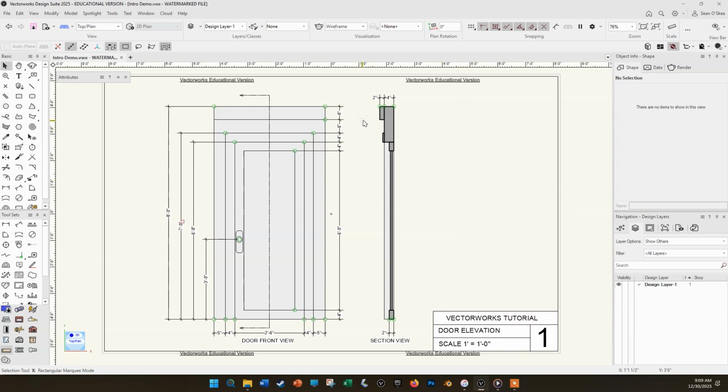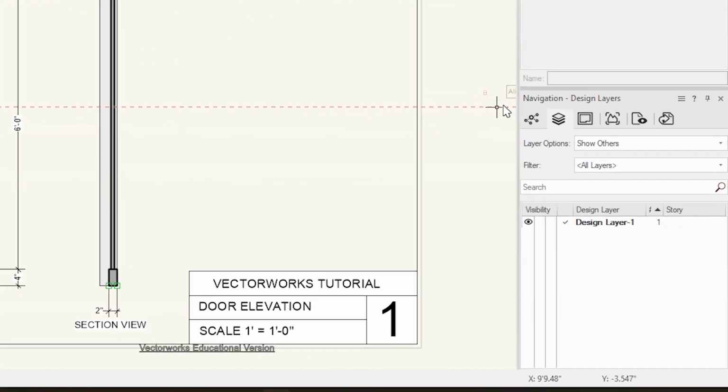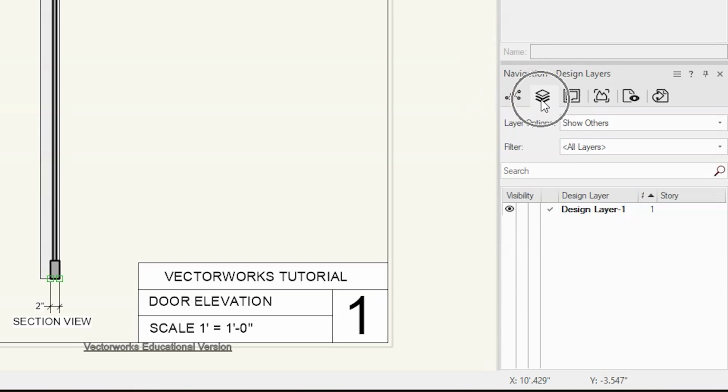So notice that these two icons for classes and layers are the first tabs in the navigation palette, and they're up here in the view bar as well. So these icons look a little different in earlier versions, but their positions are the same. So let's look at the layer tab first. It's probably already open in your document, but if not, just click on the icon that looks like a stack